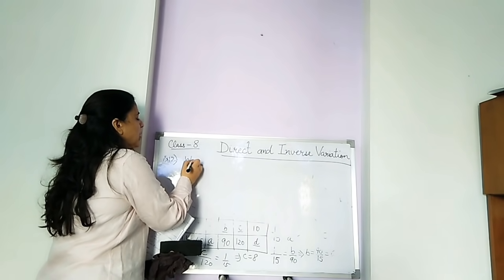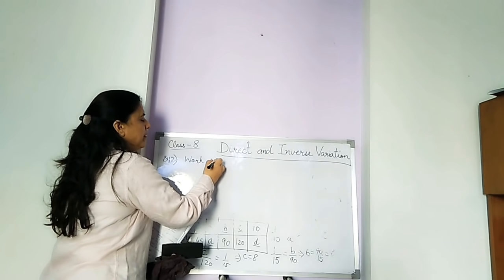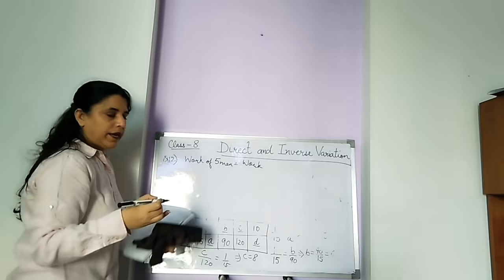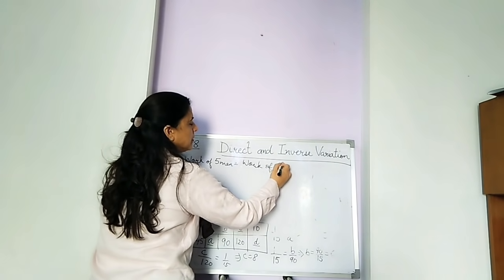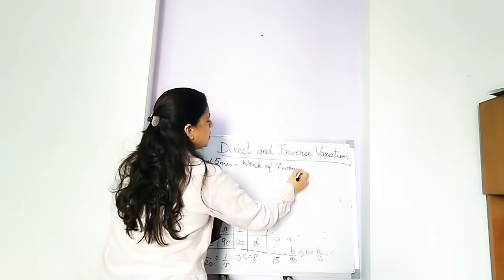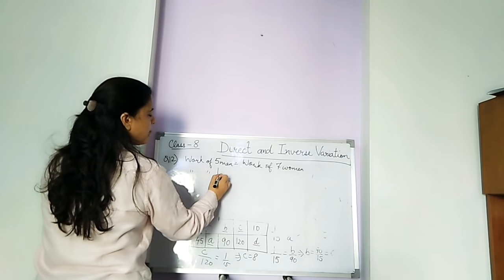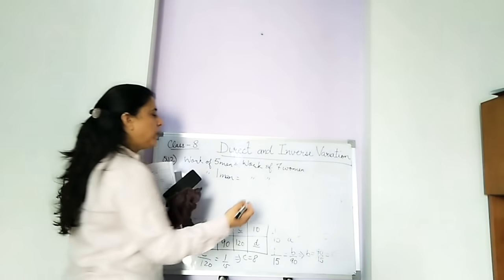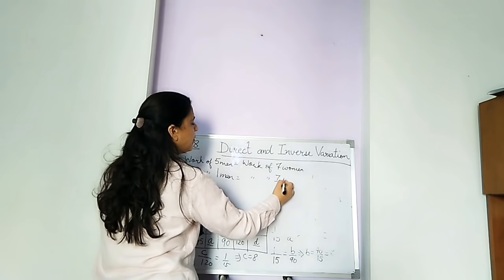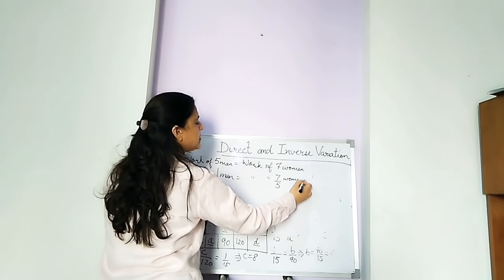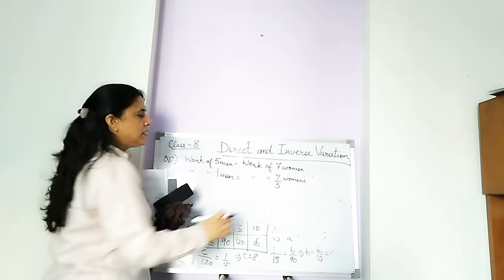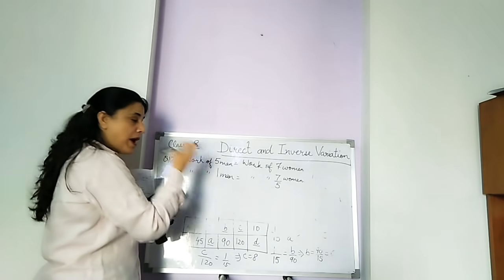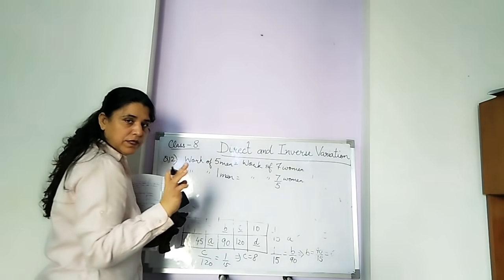So when we write work or earning of 5 men is equal to work of 7 women, because we are paid according to our work. So work of 1 man will be equal to work of how many women? 1 man's work is equal to 7 upon 5 women's work. You can say 1 man is equivalent to 7 by 5 women.